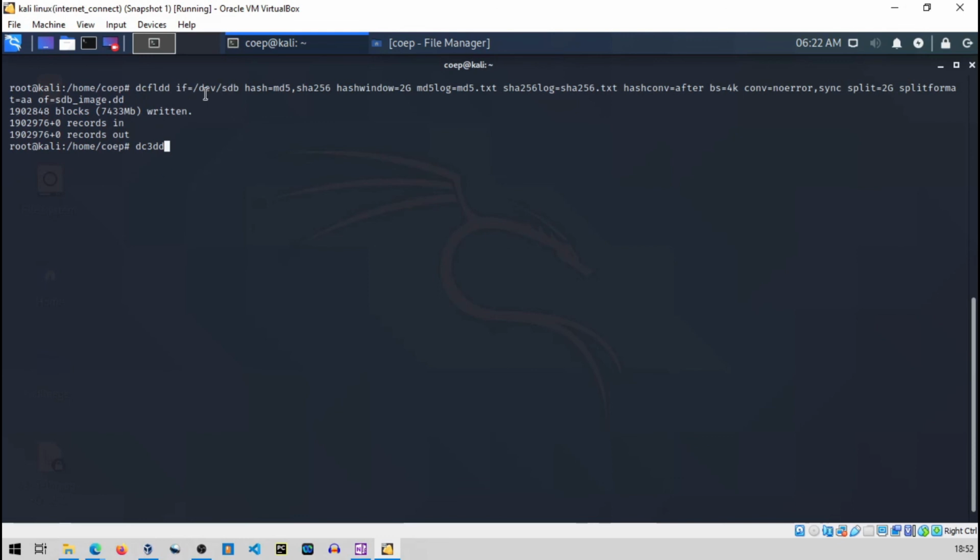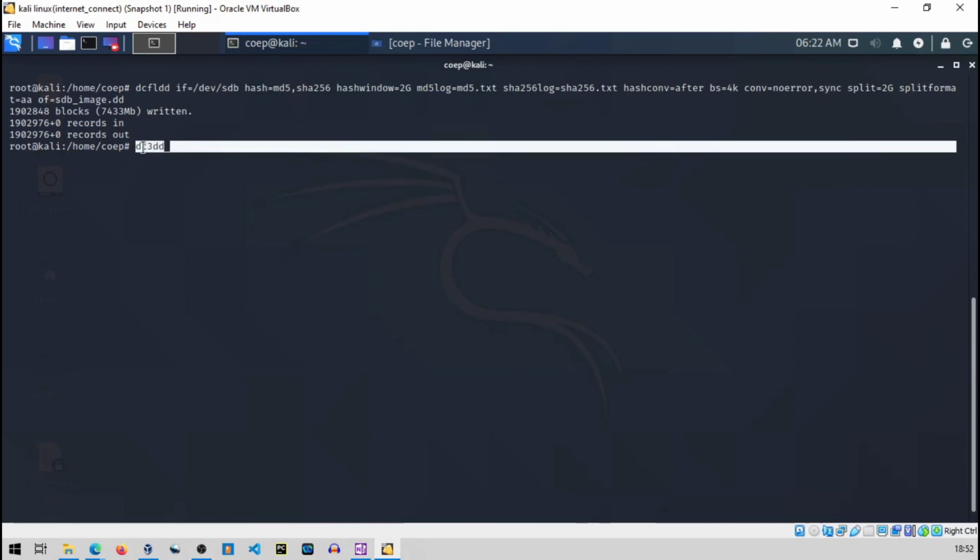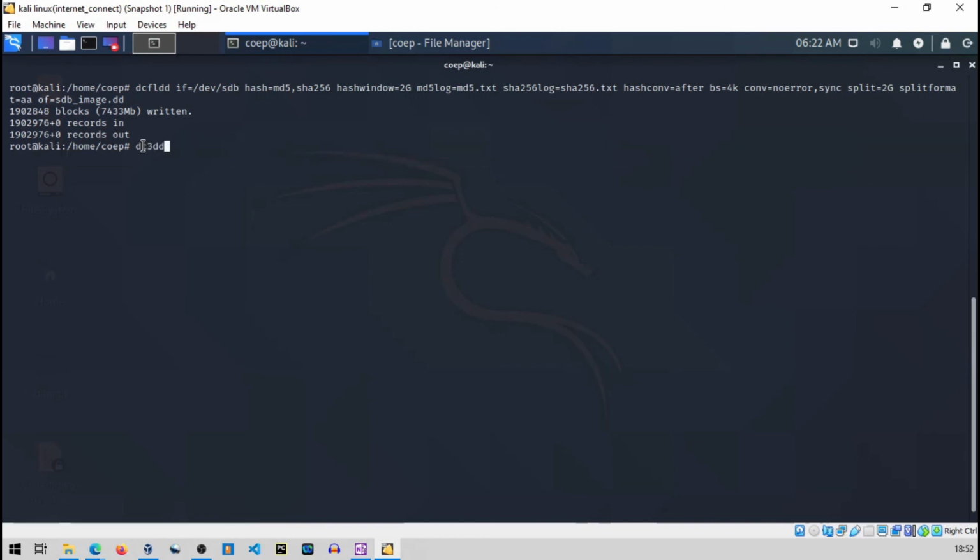Later on, they changed the dd command itself, and dc3dd is an improvement on that newer dd. So this is the advanced dd command. It has a lot of similar features, right?